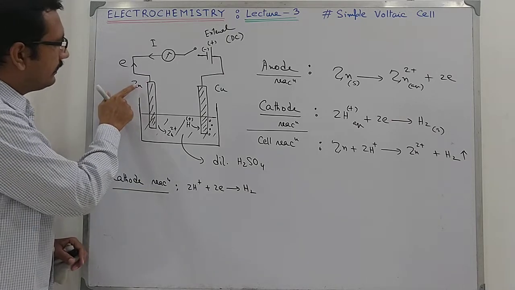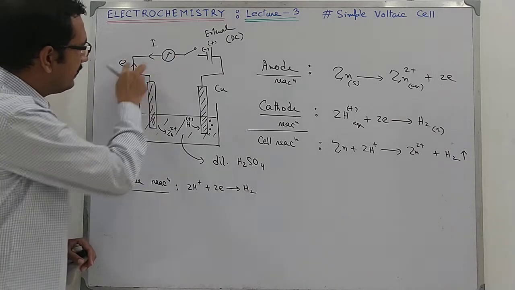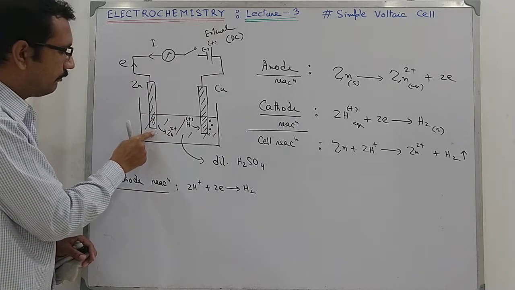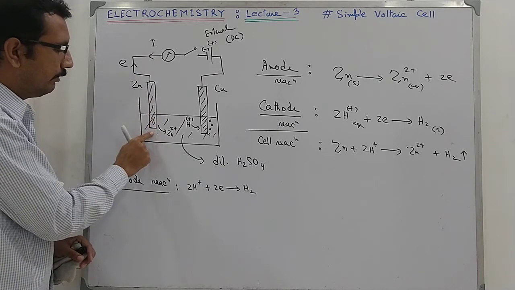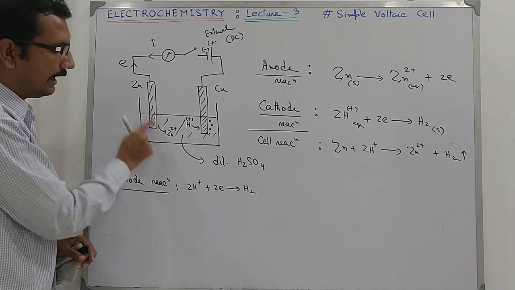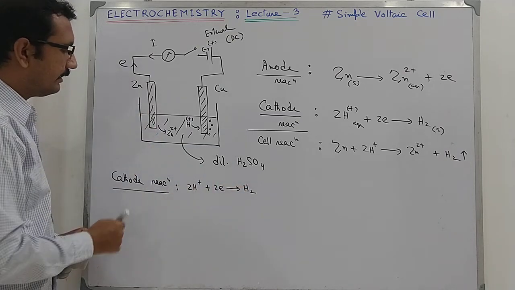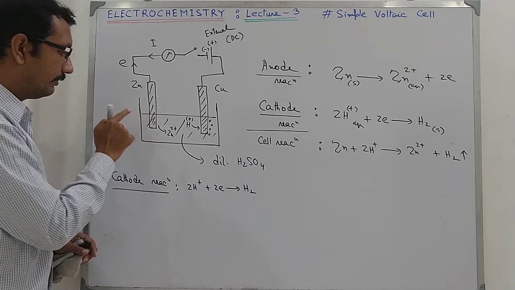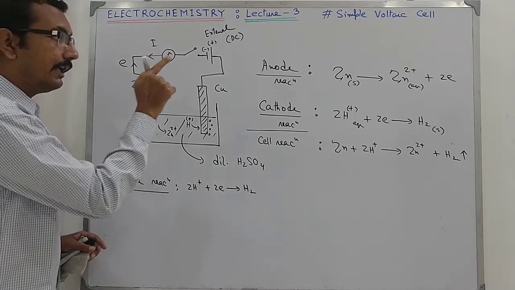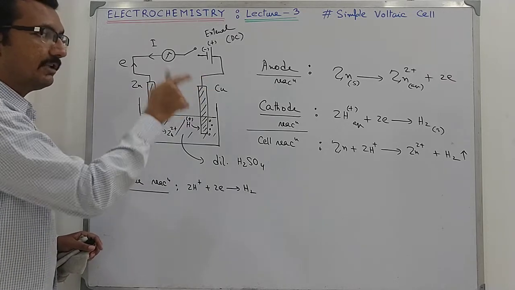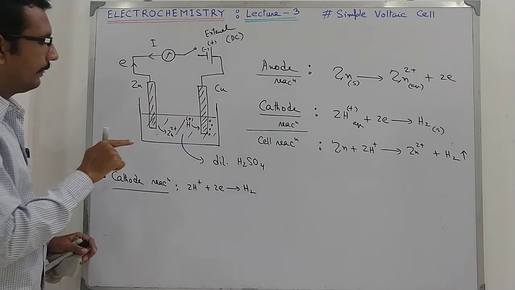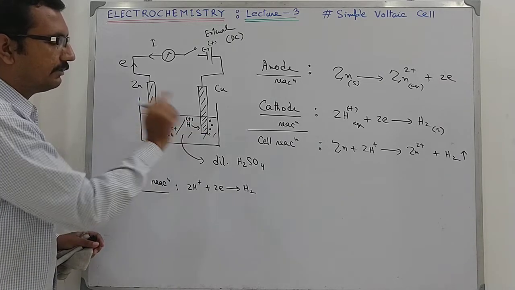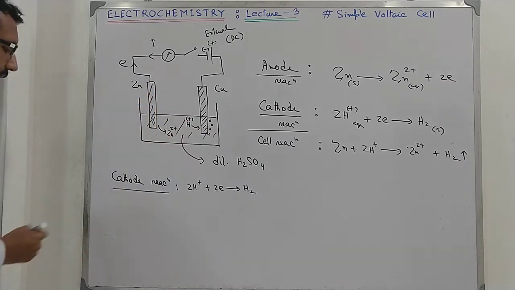So now, since electrons are entering the zinc electrode, the protons which are in close contact with this rod will accept the electrons, and hydrogen will be liberated at the cathode, but it is the anode when it was acting as the galvanic cell. So we have hydrogen liberation at the zinc electrode instead of the copper electrode.